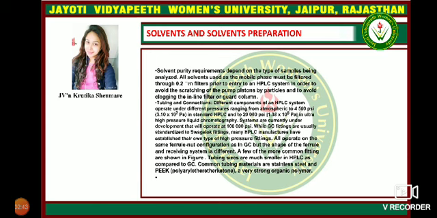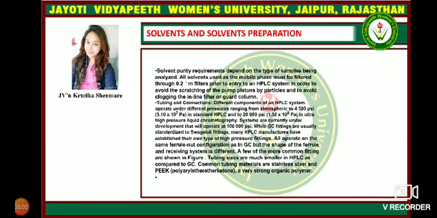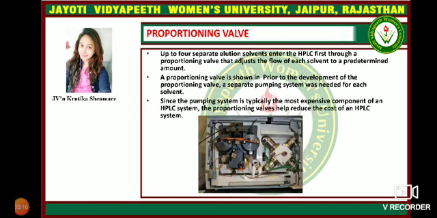All operate on the same rule as in gas chromatography, but the shape of the ferrule and the receiving system is different. A few of the more common fittings are shown in the figure. Tubing sizes are much smaller in high pressure liquid chromatography as compared to gas chromatography. Common tubing materials are stainless steel and polyaryl ether ketone, a very strong organic polymer.